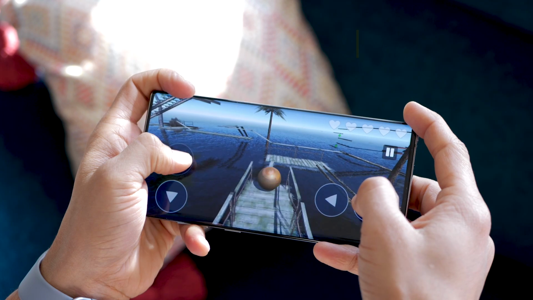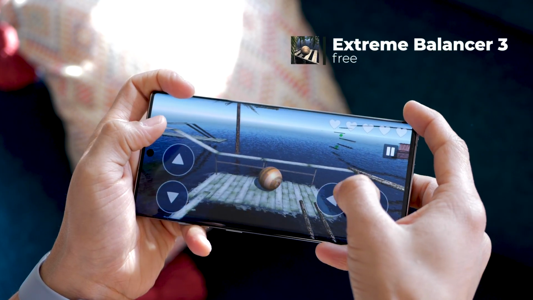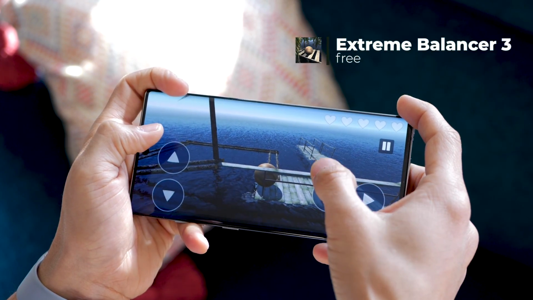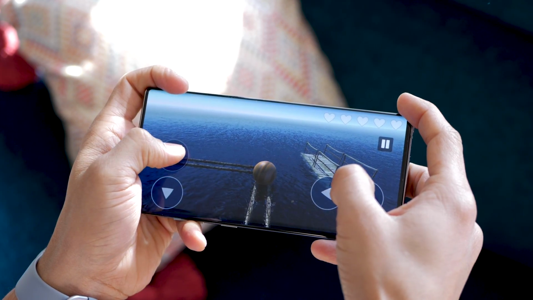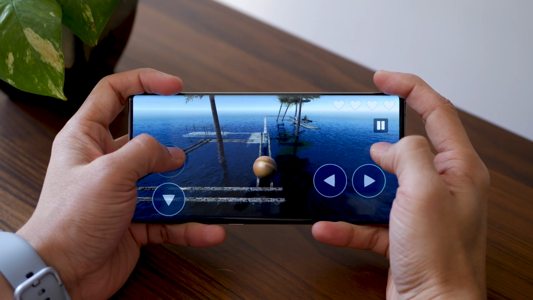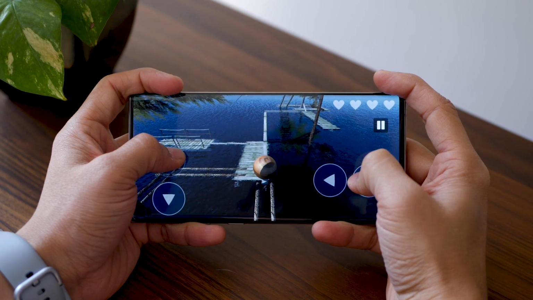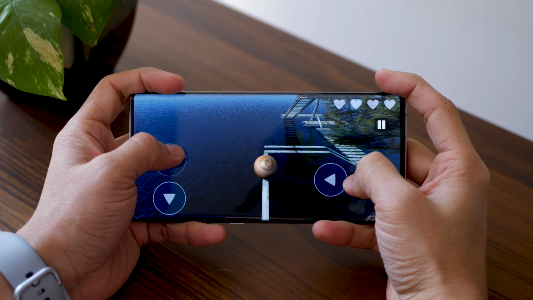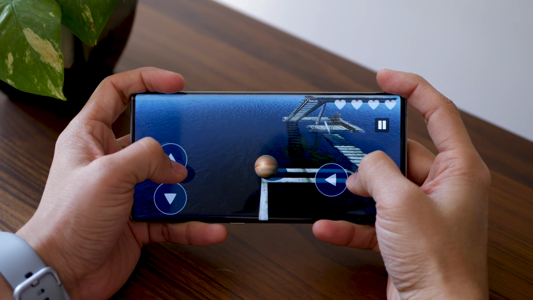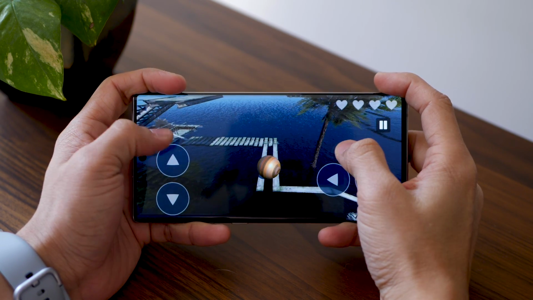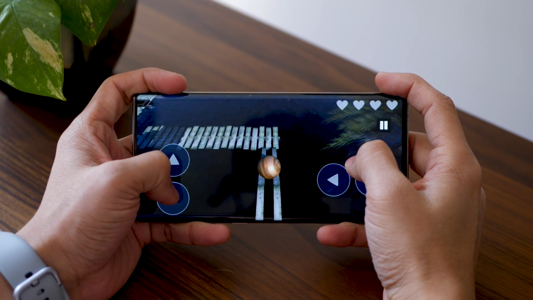Coming to the next one is a game, and it's called Extreme Balancer 3, and it's one of those really physics-based fun games, and it's not very easy either. It's pretty challenging, and that's why I think it keeps you hooked. So once you start, you would see why you will not be able to leave this game for a long time. The graphics are pretty decent, the controls or the interaction is very well done as well,